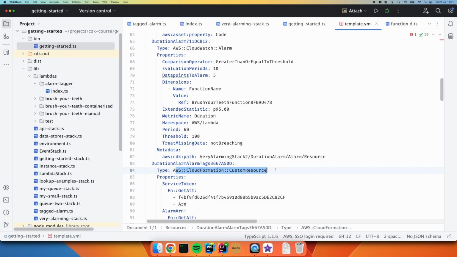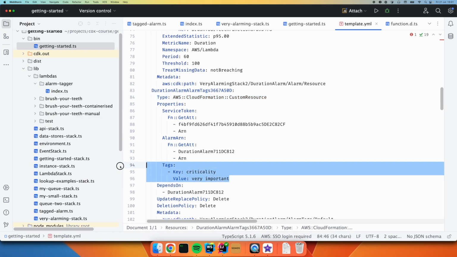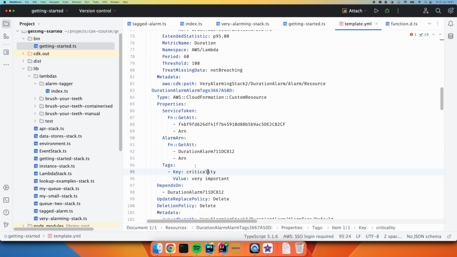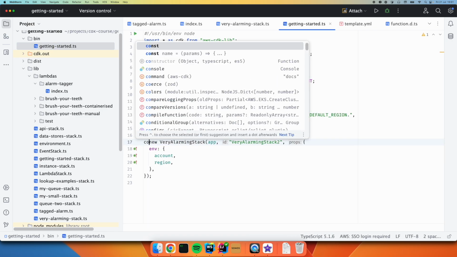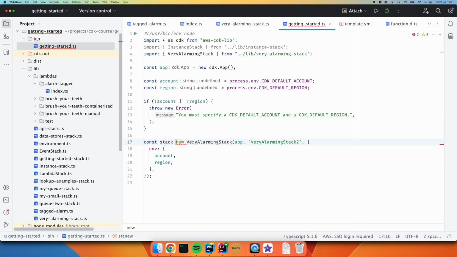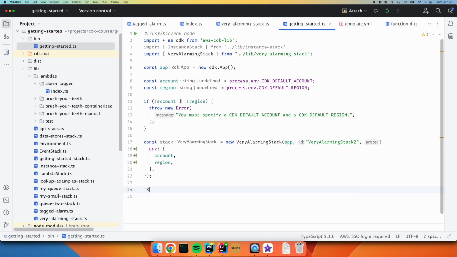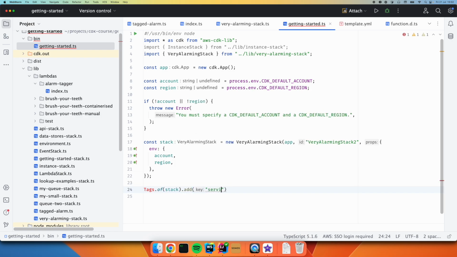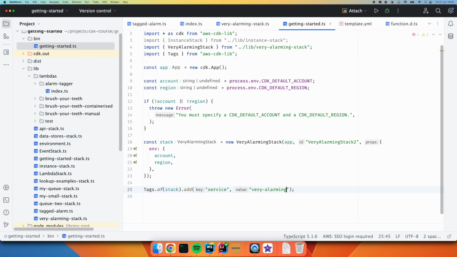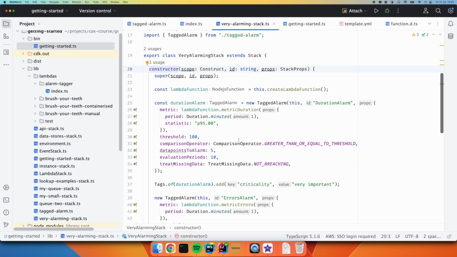Here we go, here's the first one. And you can see we have tags criticality, very important. Let me pop up to the bin level, and I'm just going to set this stack into a variable, and we'll do tags.of_stack, and we can add a field, let's say service, and we can say very alarming, and then let's go into that stack, and